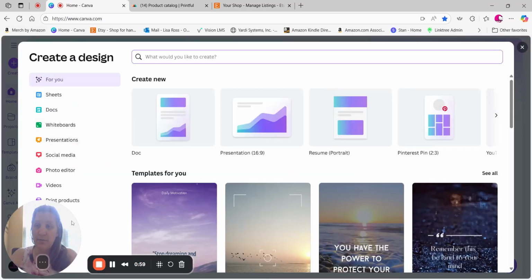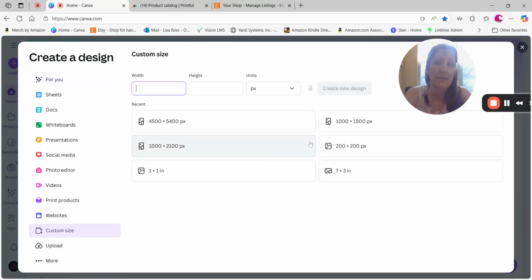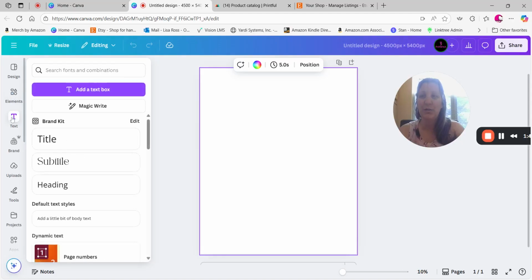I always do a custom size. And I do the 4500 by 5500 pixels. Okay, so now we have a blank canvas and I'm going to do,